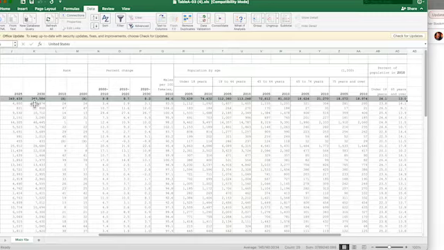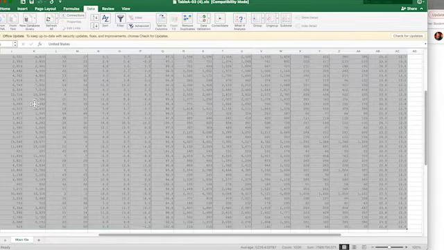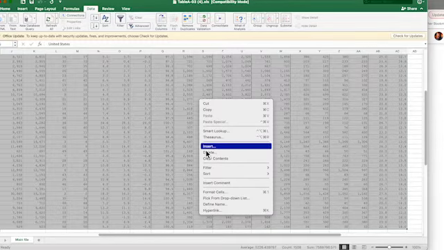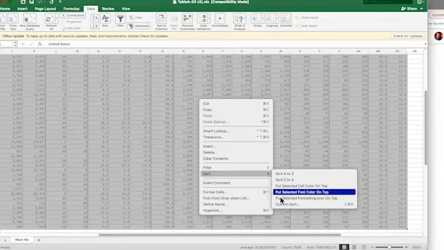It automatically went there. I'm going to hold Command and Shift now again and hit the down arrow, and it will jump to the last cell, which is line 57, AC 57. So I just held Command Shift arrow right, Command Shift arrow down. I've now highlighted the data. Now I can just right click anywhere in here. On a Mac, you might have to hit Control click, but I'm going to right click and hit Sort, Custom